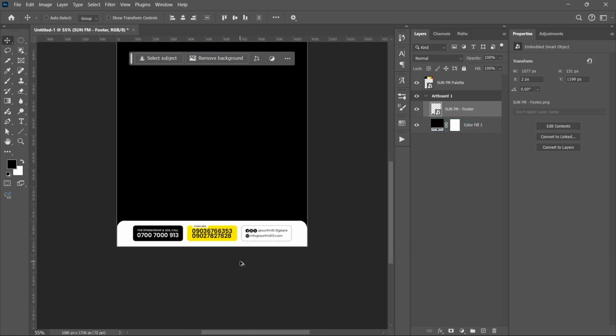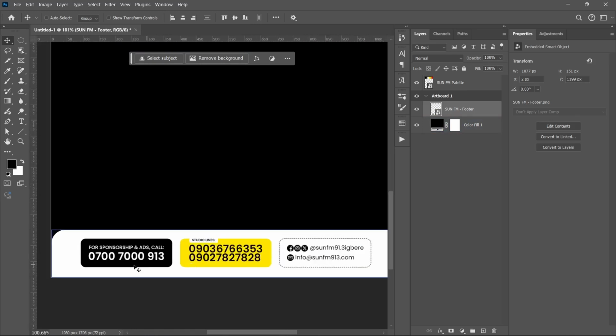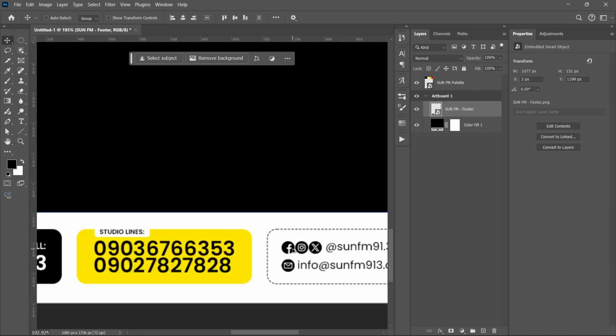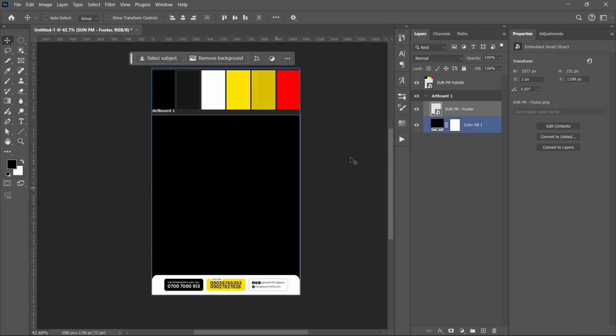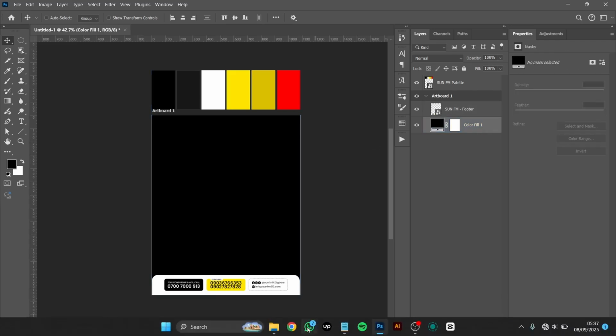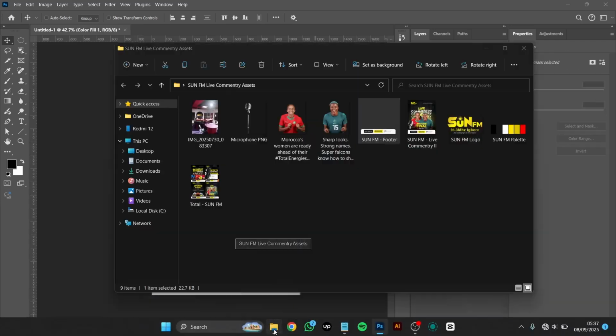Alright, so there's nothing difficult here. If you look at it, it is just squares and text, shape text. These are icons. There's nothing hard there. So I have my footer, it has been brought in. I'm going to leave it there. The next thing I'm going to do is bring in